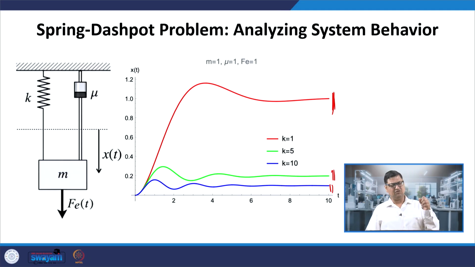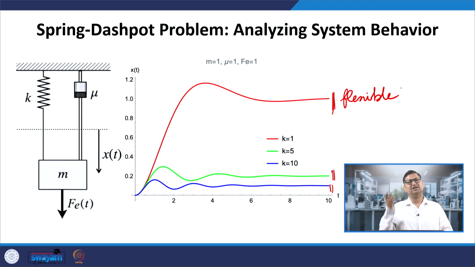If my spring was very stiff, the block cannot be moved too much down because there is a high restoring force. On the other hand, if my spring is more flexible, then I can pull it more, right? So for k equal to 1, when the spring is more flexible, I can go for larger displacement of the block. But for k equal to 10, when we have a stiff spring, we can go for only a smaller